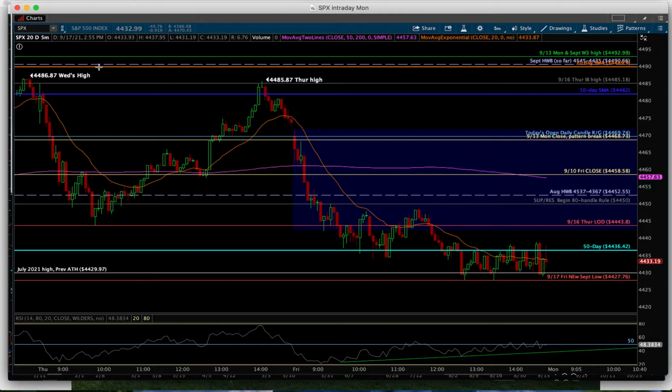Over on the left-hand side of the screen, you can see here was Wednesday's high, and this orange line is a price level where the 20-day simple moving average was as of Friday. It was a little bit lower on Wednesday. Wednesday's high came right up to it and failed. Thursday's high came right up to it once again and failed against not only Wednesday's high, but against the 20-day